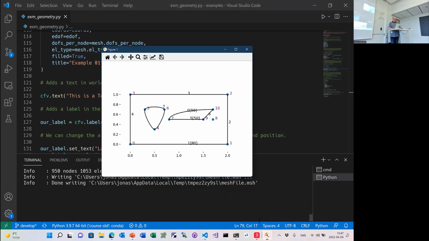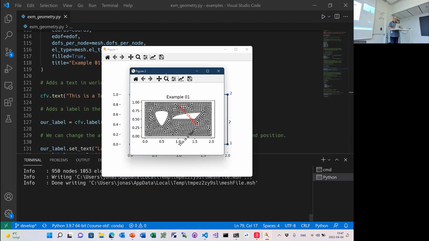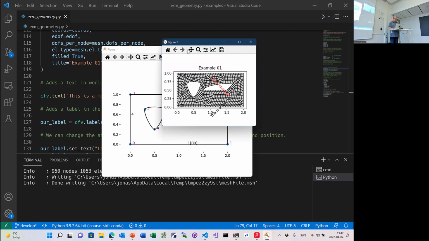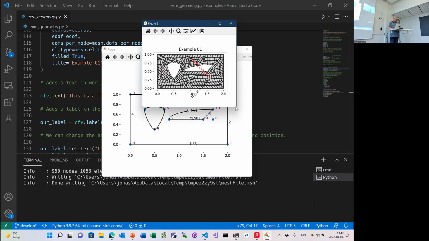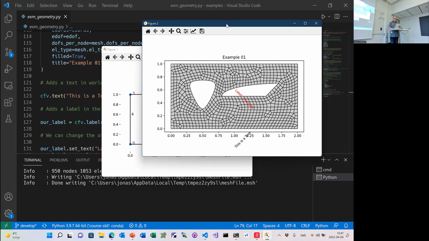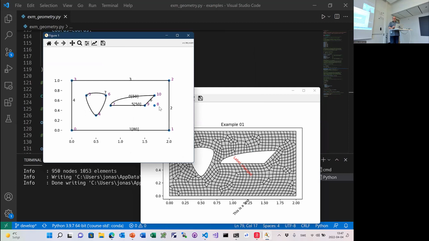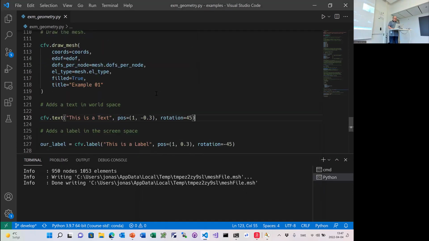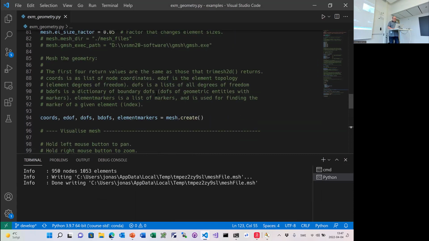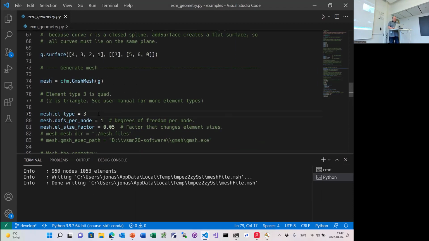yeah, it shows the images behind the window, which is kind of illogical here. So here you can see the generated mesh, and this is the geometry. Here I have used 4 node elements, so I can go in and change this. I can change the element type, I think it's 2 here, triangle, and if I run it again,